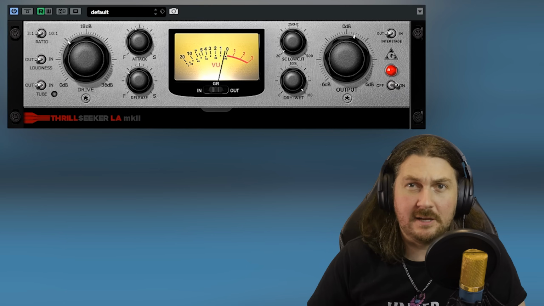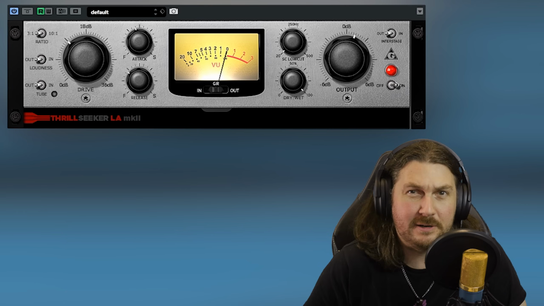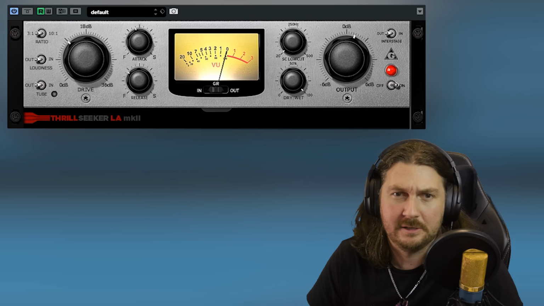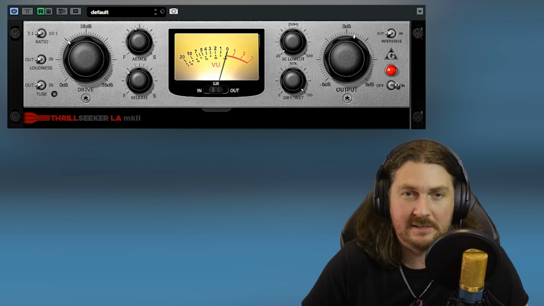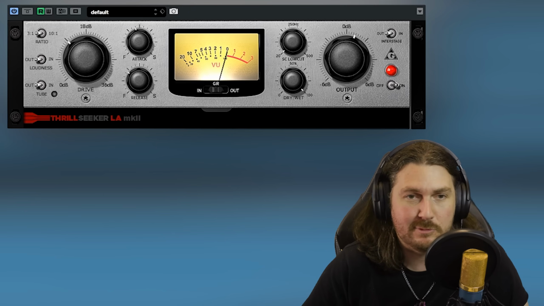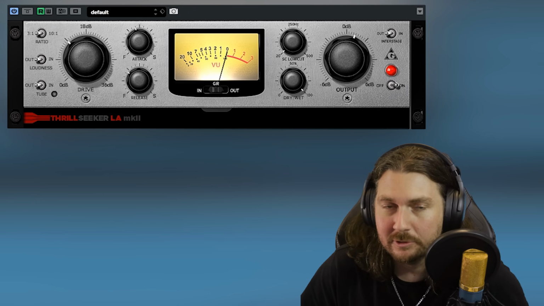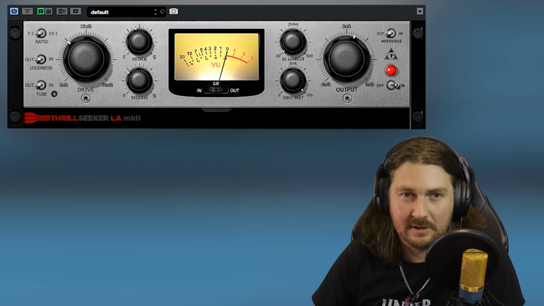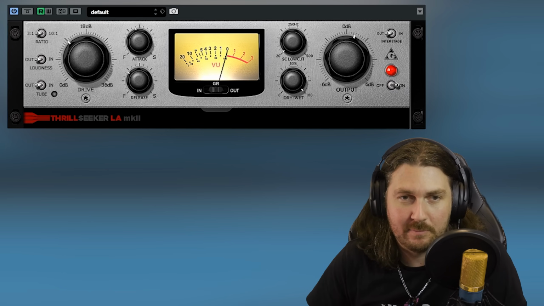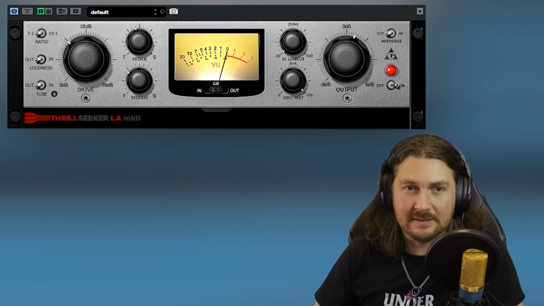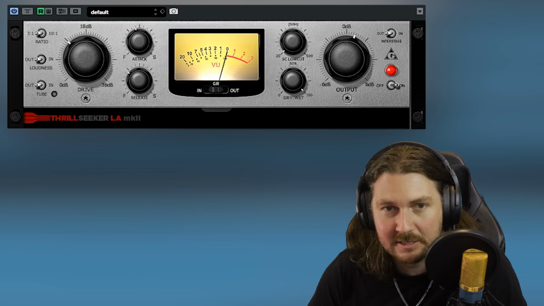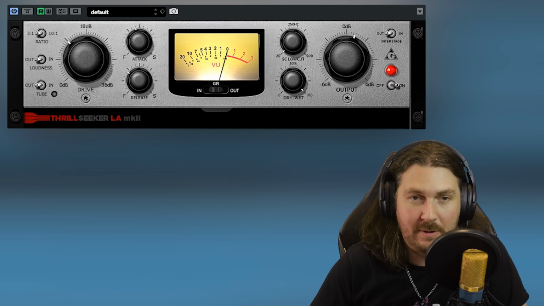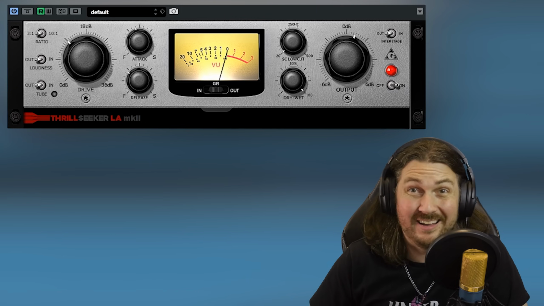Now, what's interesting is, unlike other bus compressors that I've used, especially my favorite, which is an SSL G bus compressor, you're not losing that weight and punch in the low end when you start really compressing it. It does smooth things out a lot. It can get a little bit messy, but we're doing about 5 dB, which is a lot more than I'd use on a bus compressor. I'd really try and keep it under 2 dB